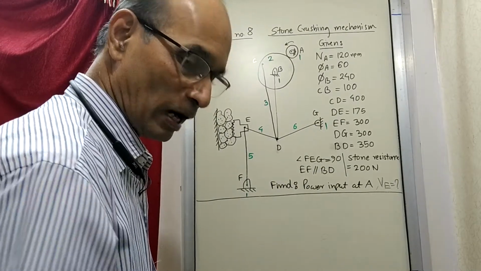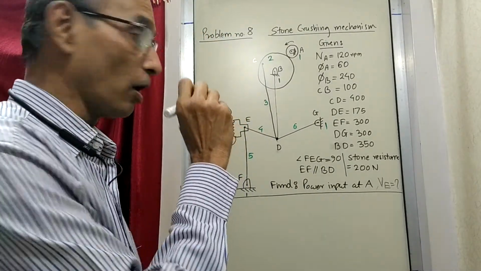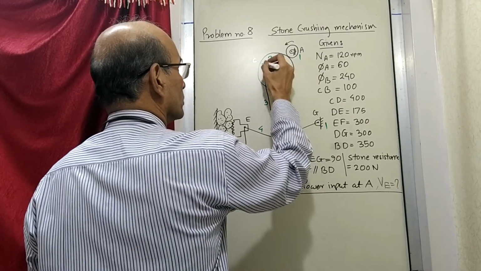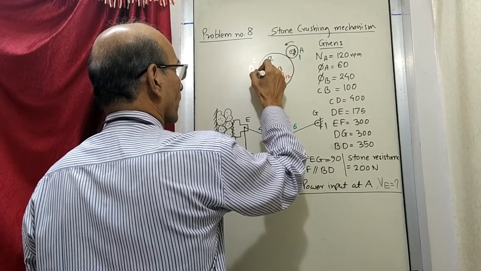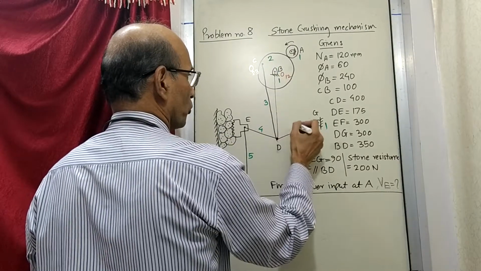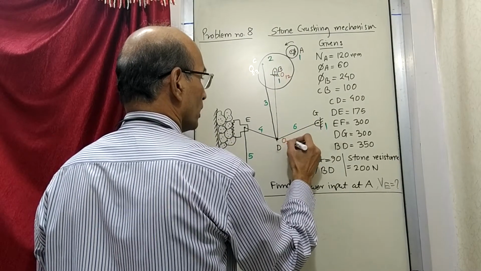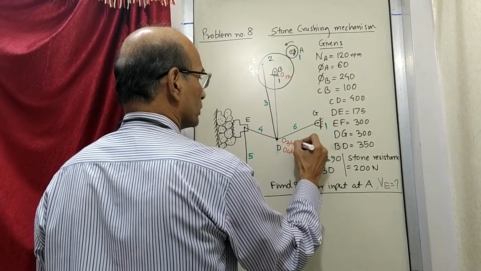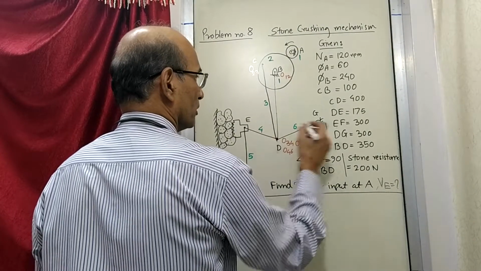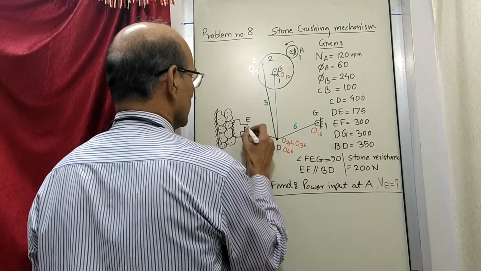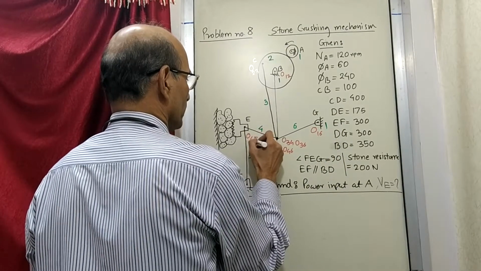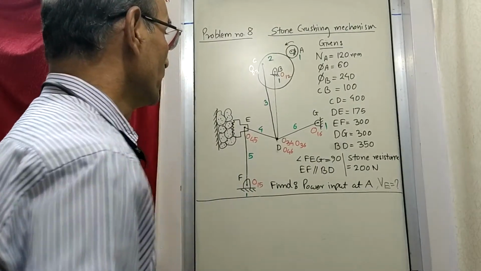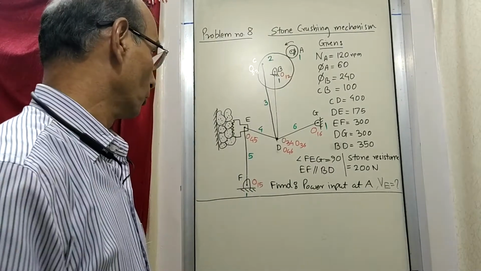Now let's find out the ICs which are already known just by observation. So this is going to be O12. This is going to be O23. This will be 3 and 4 and 6. So O23, O34, O46 and O36. They are all here. Then this is O16. This is O45 and this is O15. So these many centers we already know.